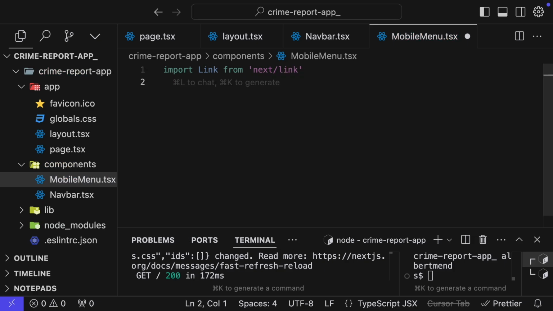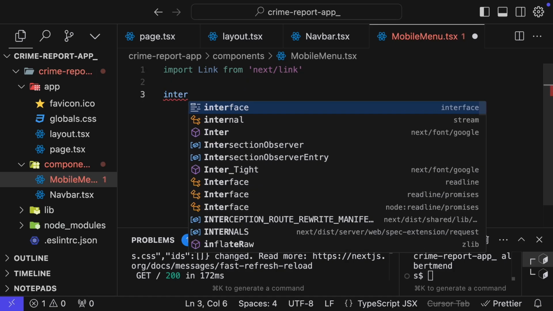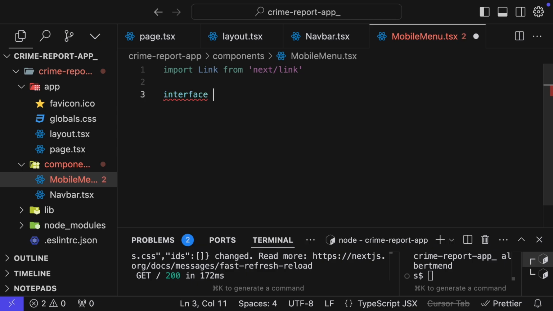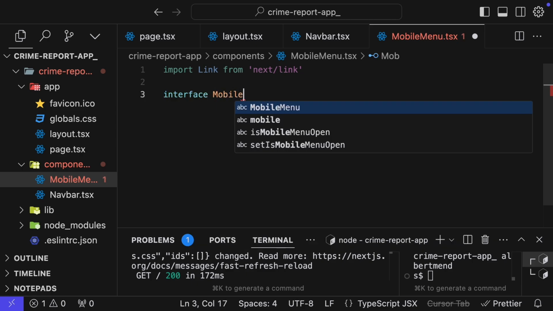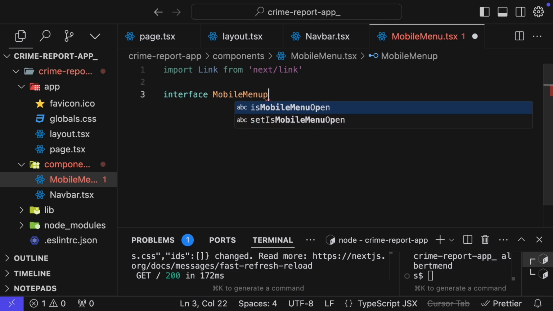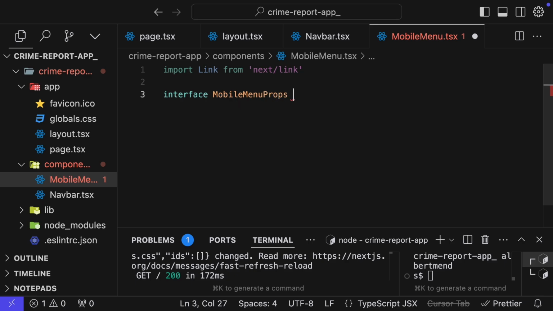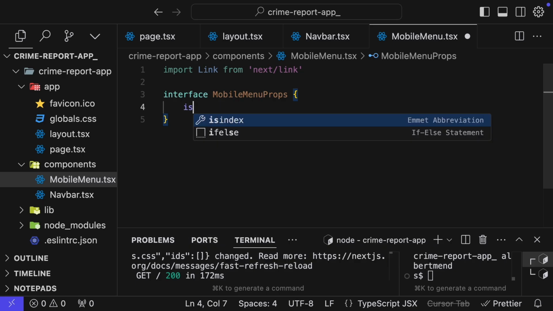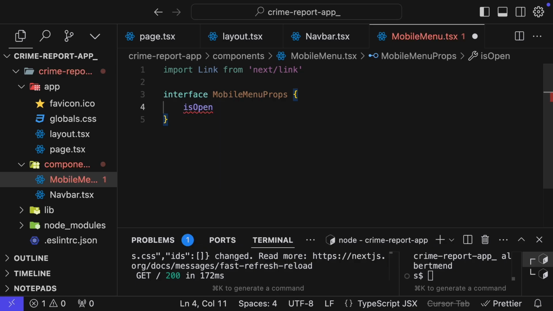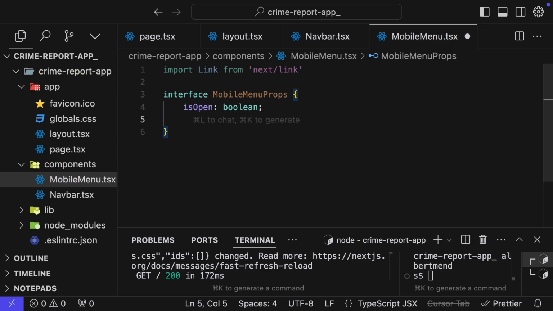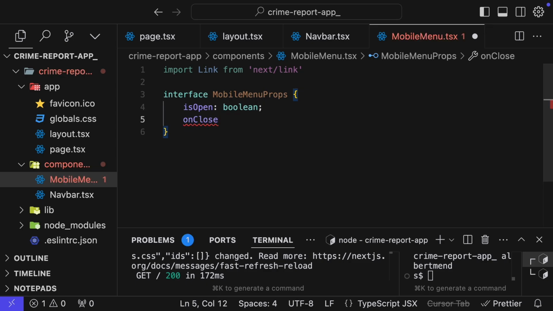and have an interface for the mobile menu prop. So we create a TypeScript interface. You're going to have MobileMenuProps, and this prop is going to have two properties. So you're going to have isOpen, which is going to be a boolean, and have an onClose, which is going to be a function returning void. So we have void,